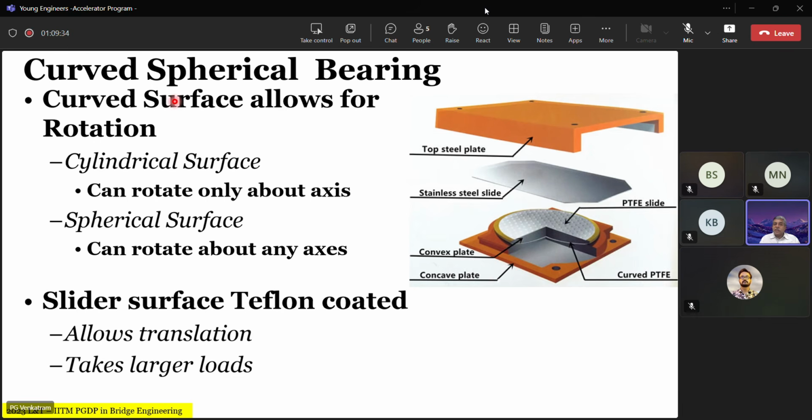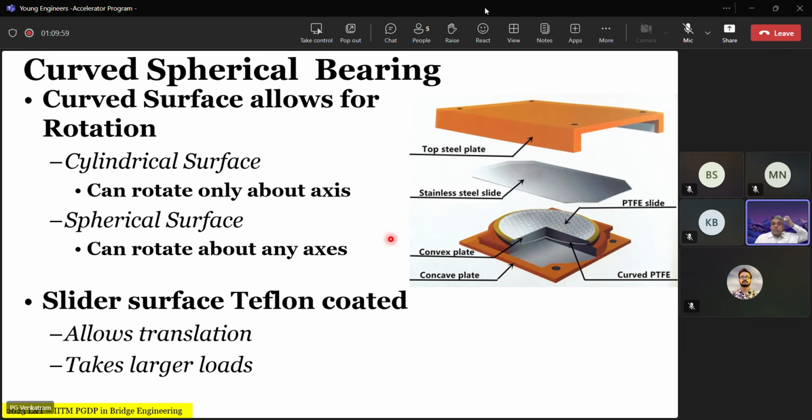So that is why it got the name spherical bearing. It can accommodate rotation in both directions by the relative rotation of the two spheres. Okay, that is how it rotates. And then the sliding can be created on top of the spherical. You attach a PTFE and a stainless steel backing plate, and you have the translation. The rotation is accommodated to any